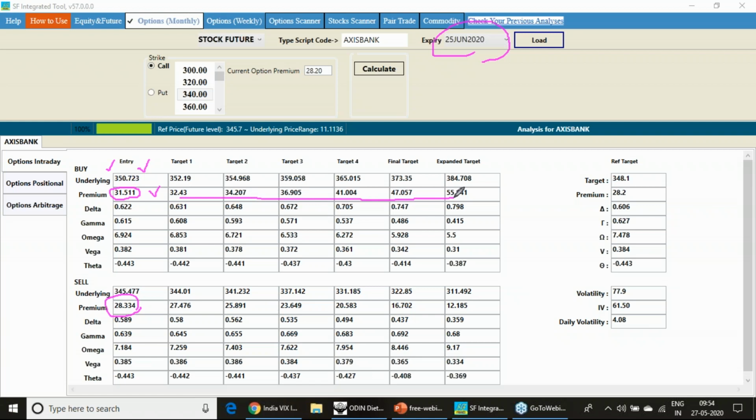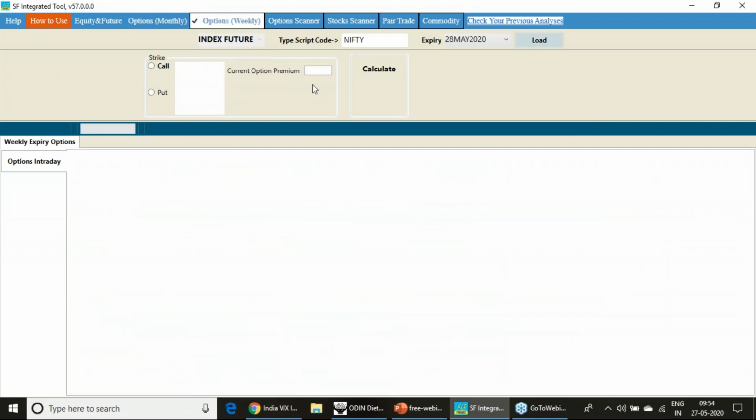We are talking only about option buying. The theta currently is at 40 paisa time decay, and that too is being computed here, meaning it is being factored into your premium. In the same way, I can go for the weekly options, and here too we have given the calculations.